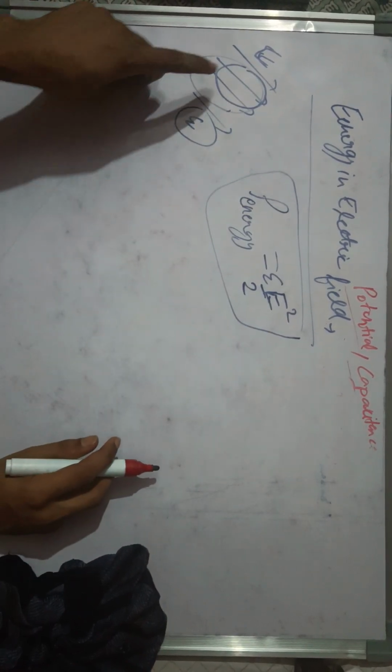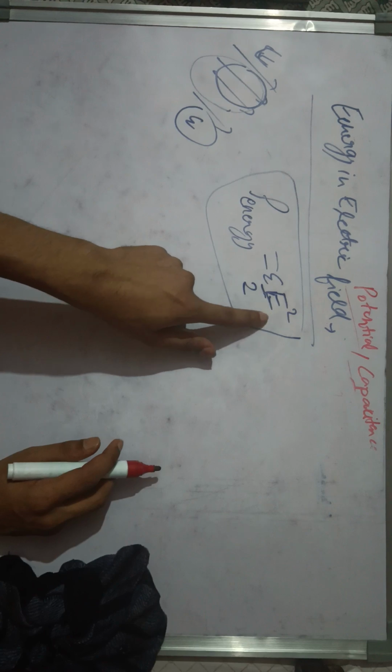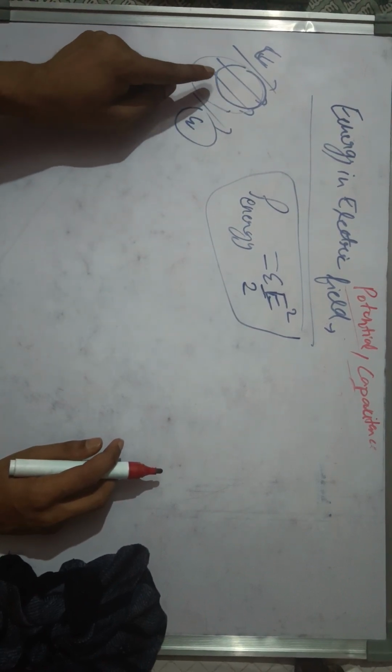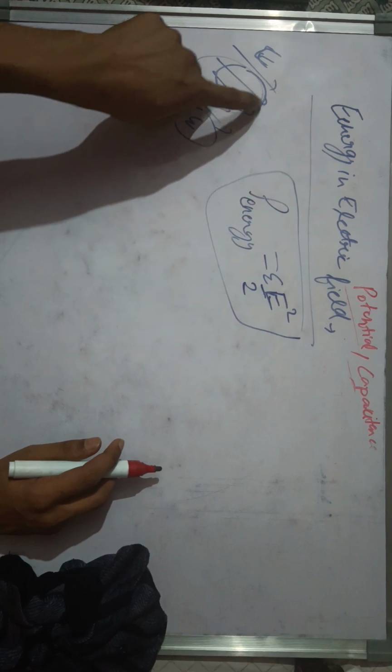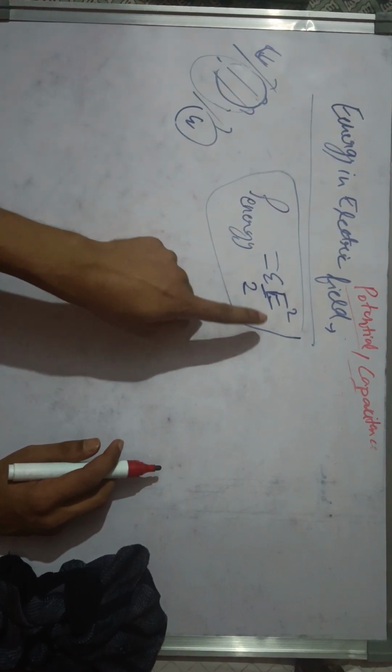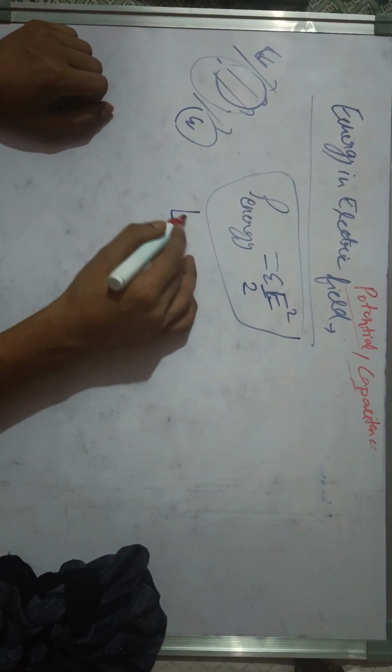So if the electric field in this region is E and the medium has permittivity epsilon, then the energy density in that region is epsilon E square by 2, and